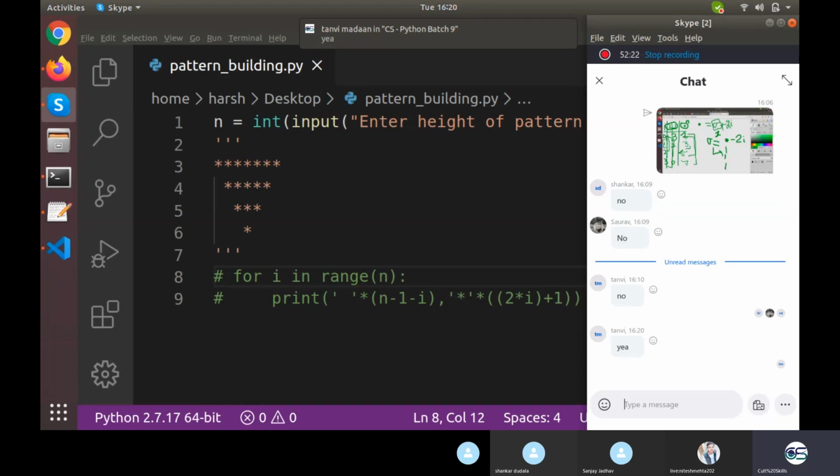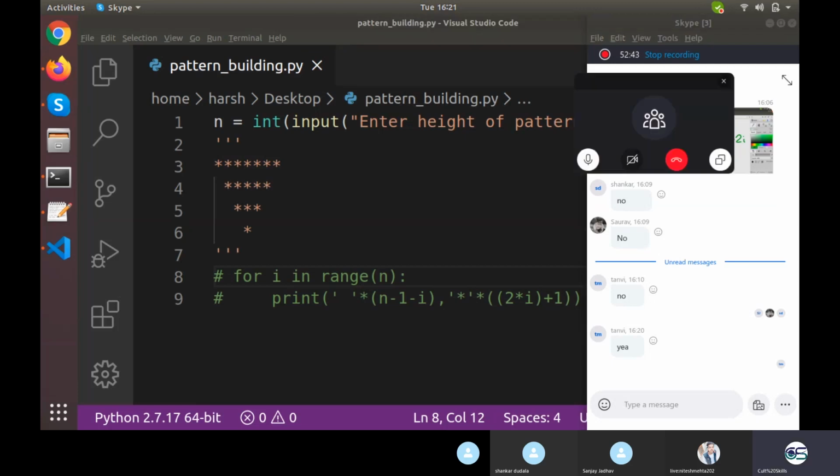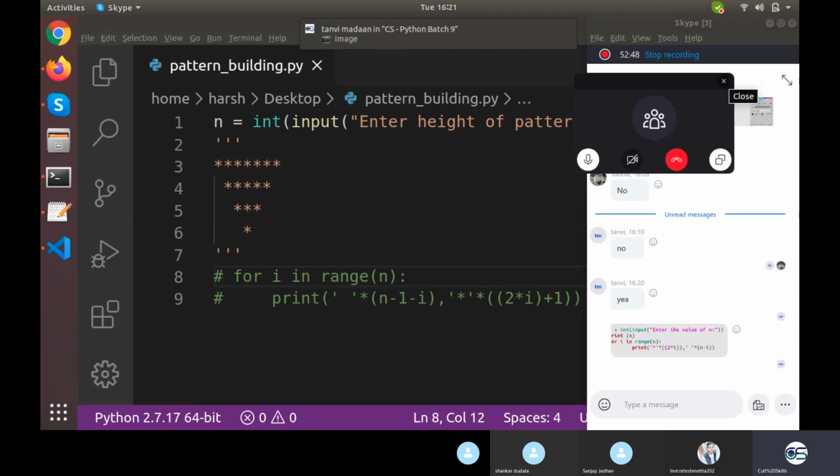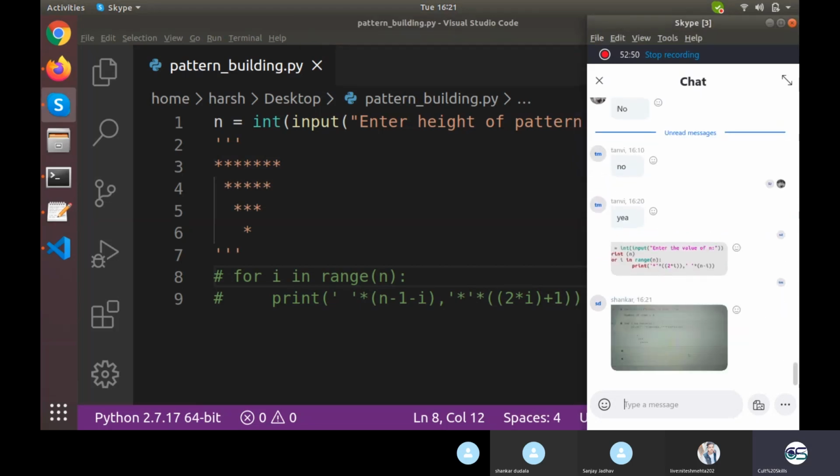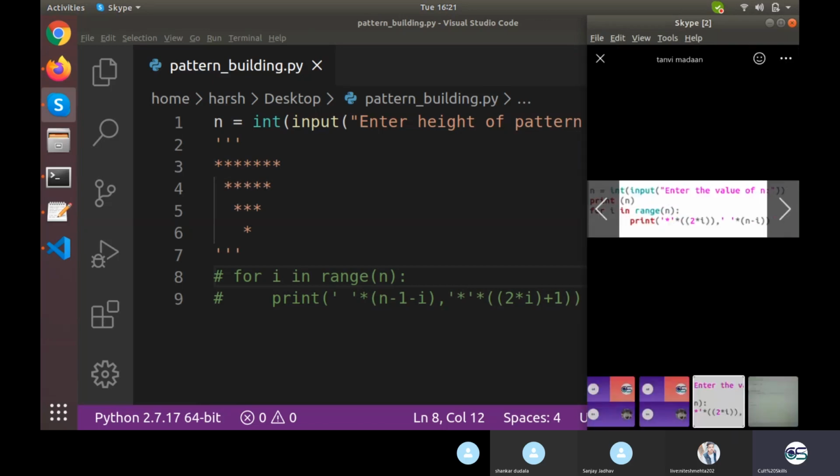I just want a screenshot right here. Now, Shankar, not to me personally, but on this group itself. Shankar, can you please send it on the group? Yeah, that will be fine.